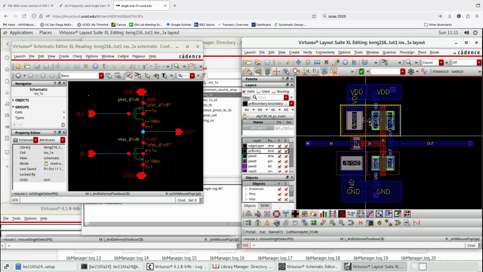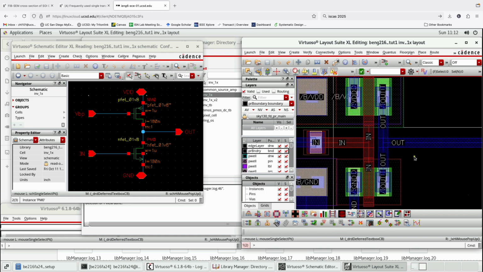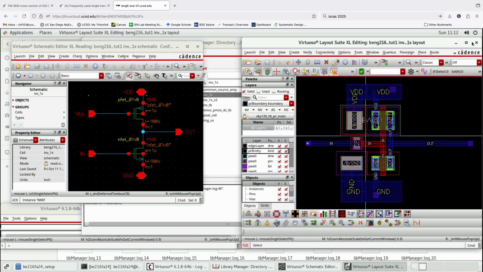You have your NMOS lighting up here, PMOS lighting up here, and then your NMOS lighting up here. All these different rectangles are actually metal traces that run through and connect the individual nodes together. So with that, let's go to